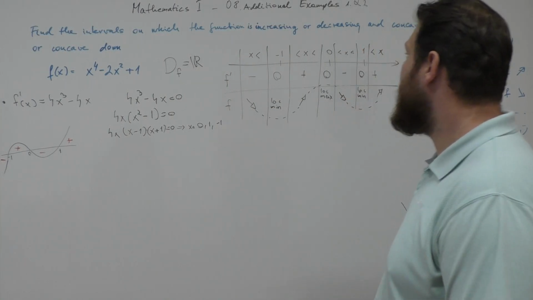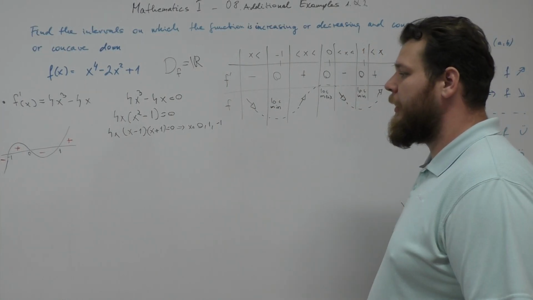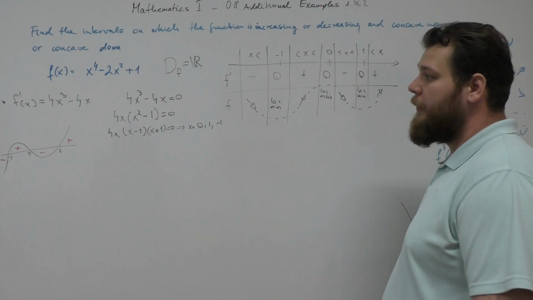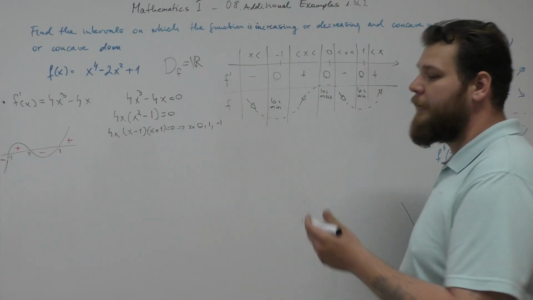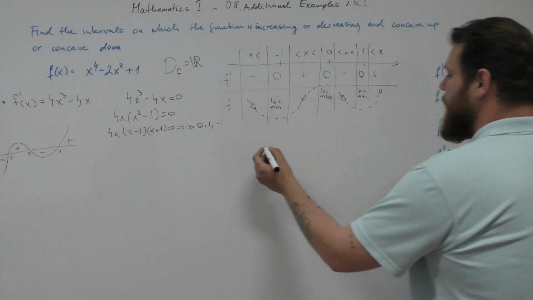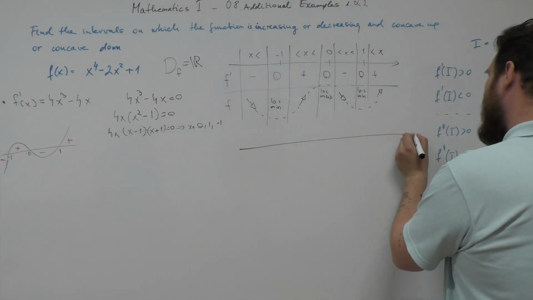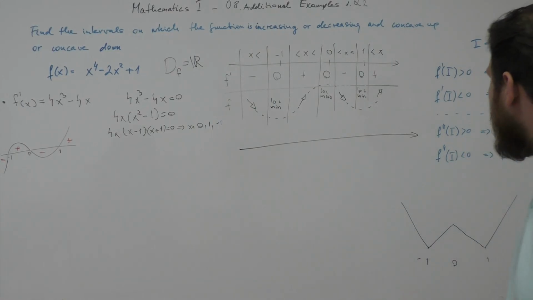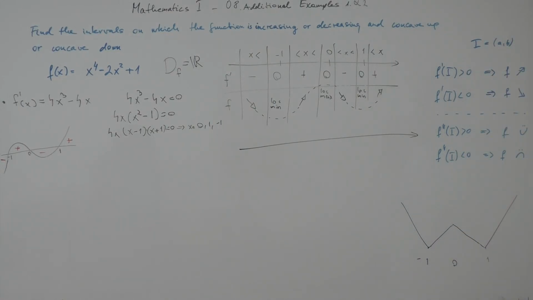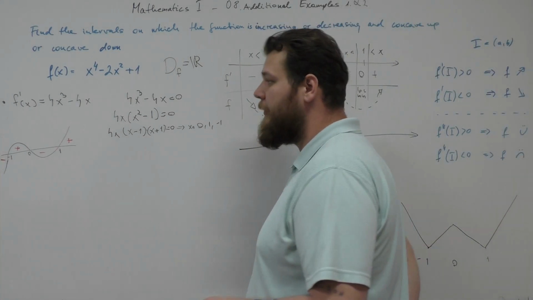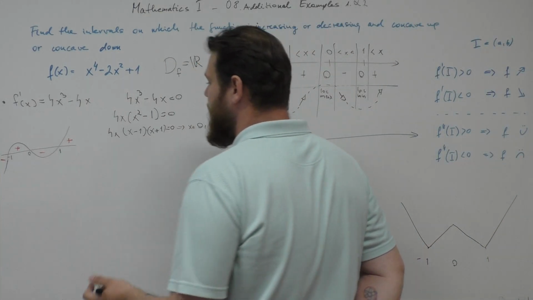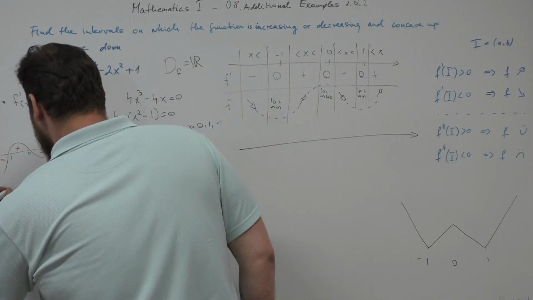Now we have to find where a function is concave up or concave down. For that we have to start with the domain again, which is R, so there is no bad point on our number line. And we will use these rules. To do that, we have to find the second derivative of the function, which is the derivative of the first derivative. So we have